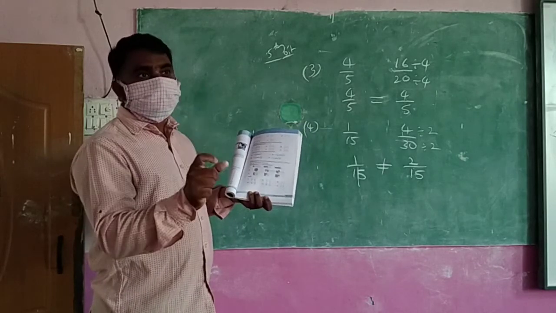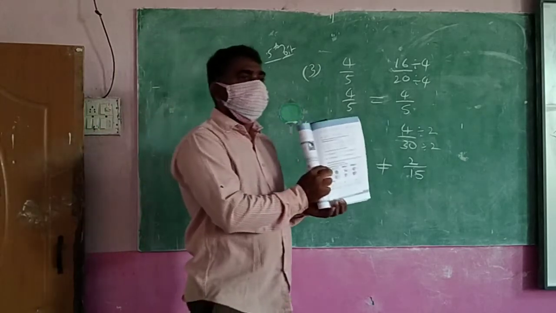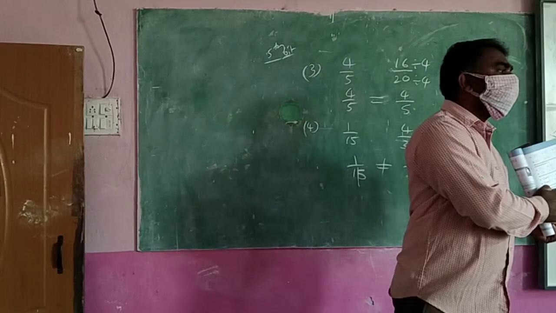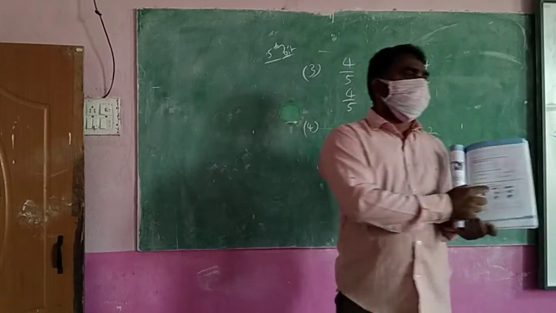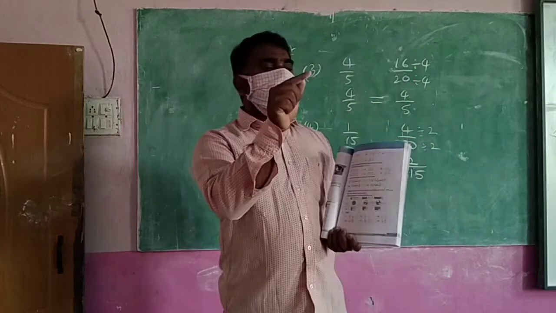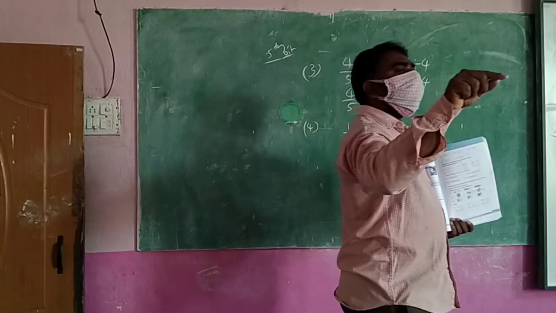But you do one thing for me in the notebook. You write with fractions. What do you call this fraction in the picture? 1 by 5, and one more, 3 by 5. So one piece of size 5, 3 pieces of size 5, is equal to the answer 4 by 5.